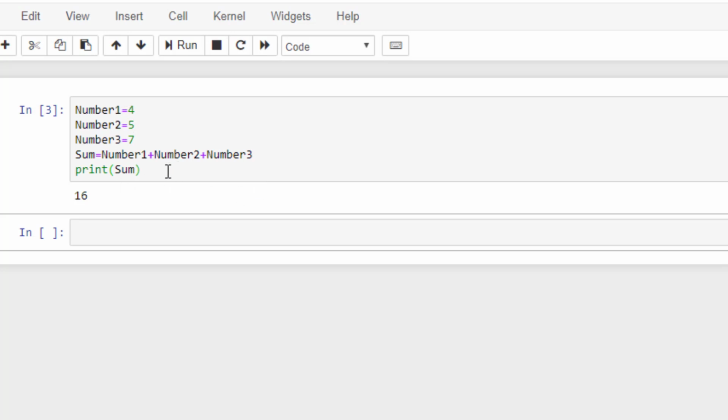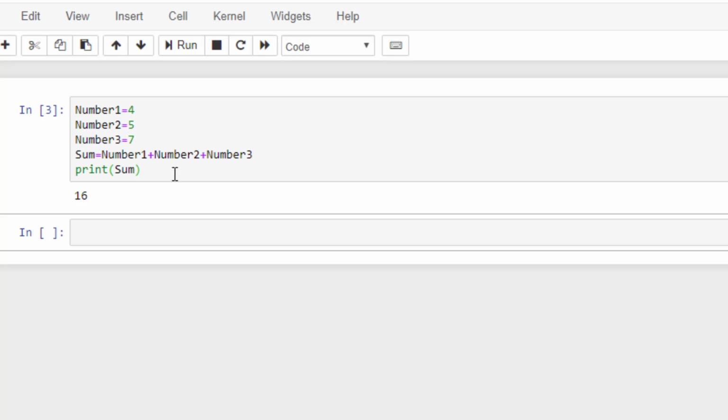But changing the name in this way gives more sense to the programming. If anybody sees this program, he quickly understands what it means. Sum has its meaning. number1, number2 and number3 have their own meaning. So defining a name for any variable, for any information, is very important in programming.